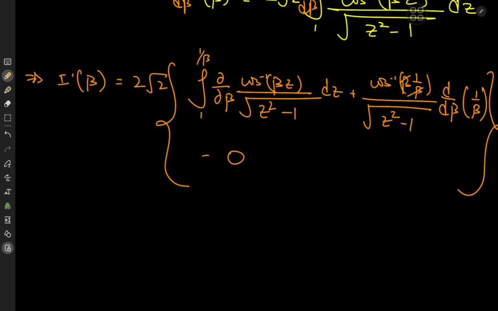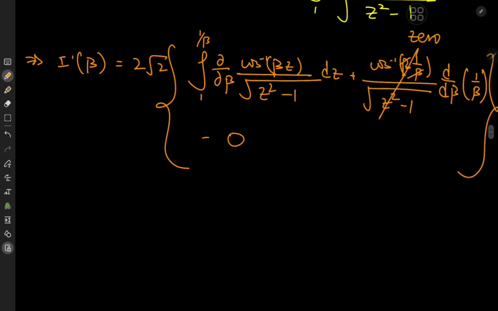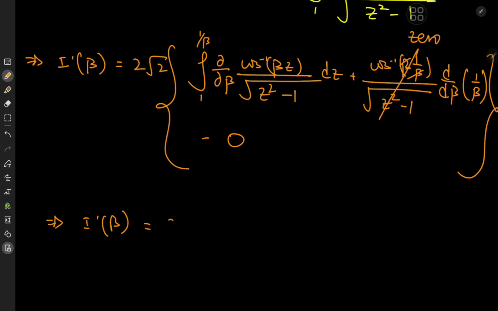Anyway, so we have the inverse cosine of 1, which is a big fat 0. So that means we have a 0 term over here as well. And so this felt a lot more like just applying Feynman's trick, but that's out of sheer luck, because we have the inverse cosine of 1 here, which is 0. Anyway, that's pretty cool. That means we have the derivative of I with respect to beta equal to 2 times